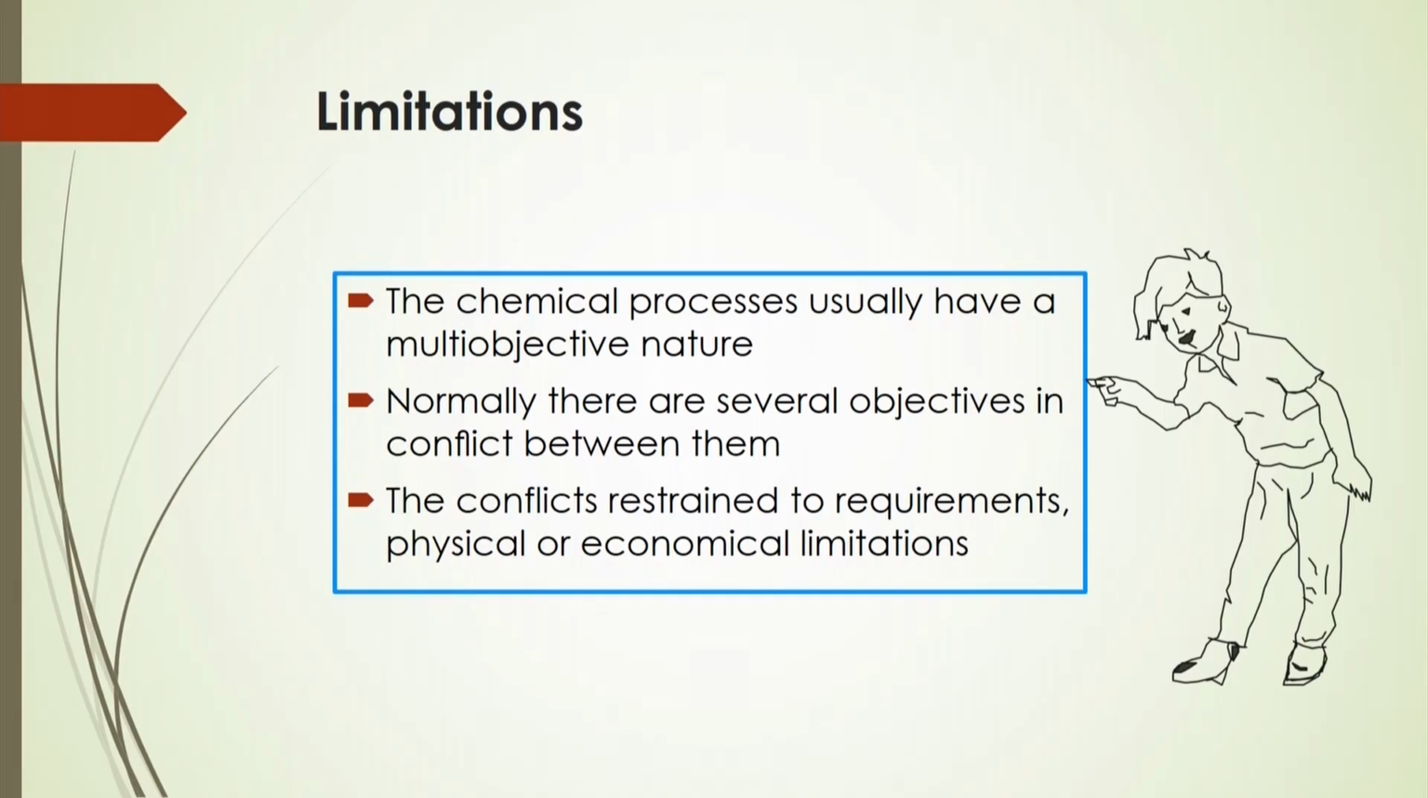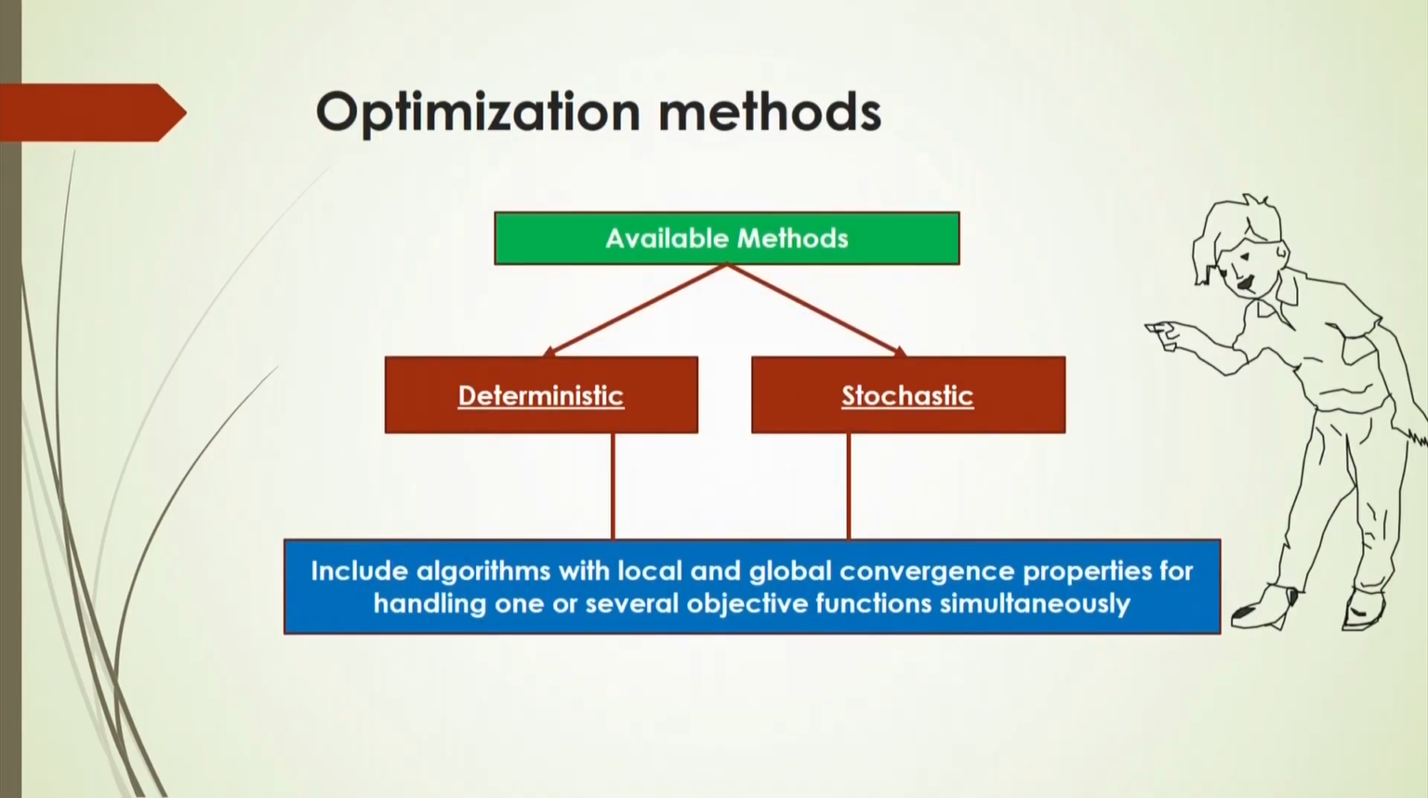So, that is why there are some limitations that you have to consider during your optimization problems: how to segregate the conflicts of several variables between them, so that several objectives in conflict can be wisely considered by neglecting that conflict of the multi-objective nature of the variables. Now, if we talk about the different methods that are available to get the optimization of this chemical engineering process,